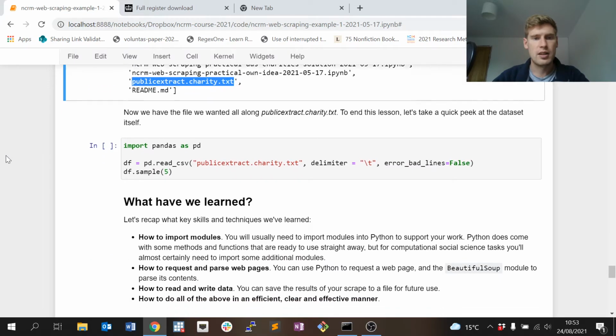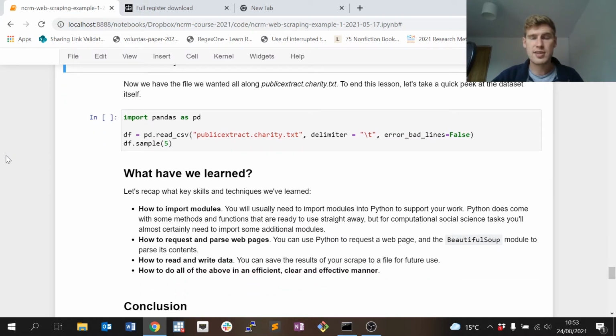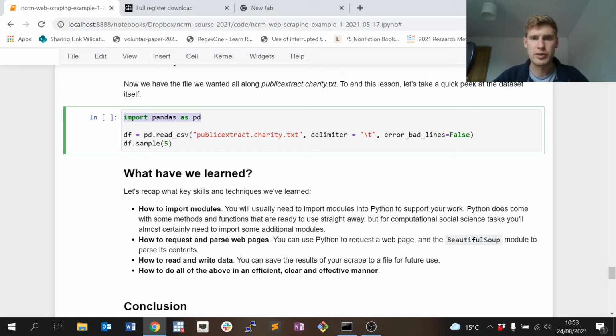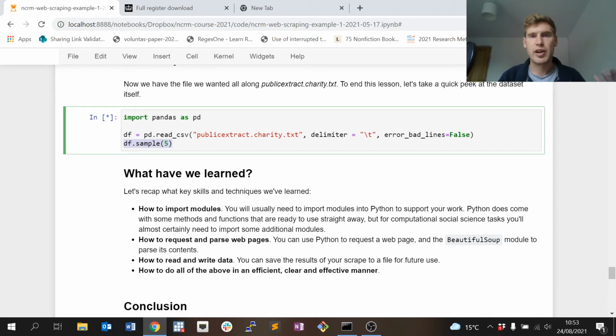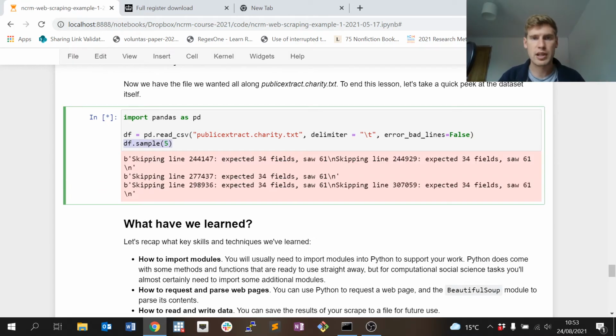publicextract.charity.txt. And again, just to actually prove that this exists and it's real and I'm not just doing wee tricks with Python, I'm going to open that file again. I'm going to use a slightly different Python module to do that. It's called the pandas module. Really good for data management and data formatting and marshalling. It's something we'll use a bit more in the next lesson, so don't worry about it now. I basically want to open up that file that I've extracted and randomly sample 5 observations or rows from the